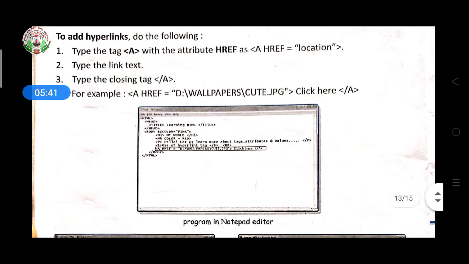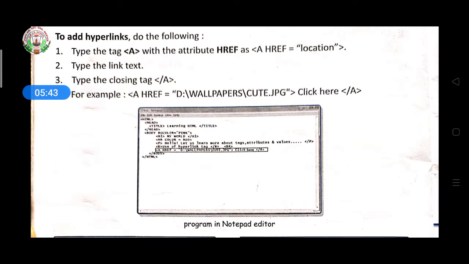And then after that you have to write click here. In place of click here, anything you write will appear in your web page as a linking text. While you are clicking on it, the location in href, d:/wallpapers/qt.jpg, where it is saved, that page will open with the help of this.